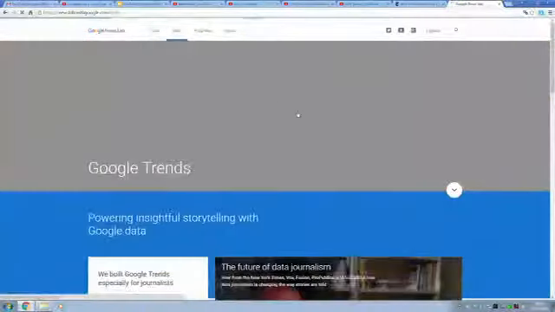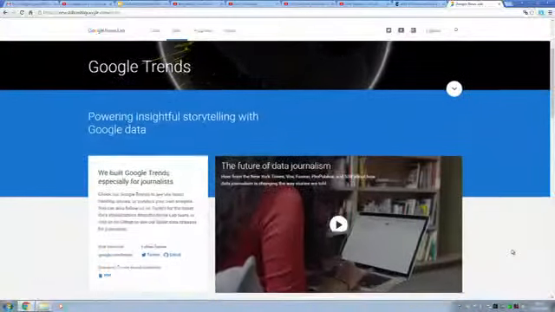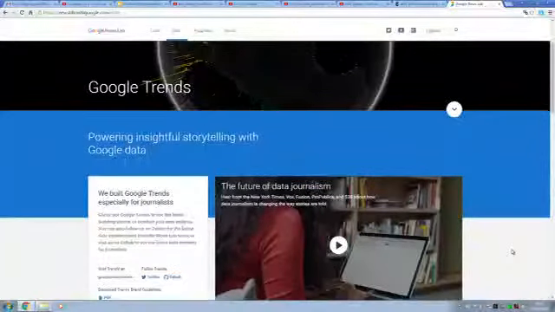There is a very broad section dedicated to data, so the use of data in journalism, and the sources of data with a particular focus on Google Trends. We talked about Google Trends yesterday. We will talk about that today again in the afternoon. Trends is a very powerful interface to get an idea of which are the topics or the words that are most searched by people in real time. So you can actually compare how different terms are searched in real time, day by day, country by country, and also by different types of topics.